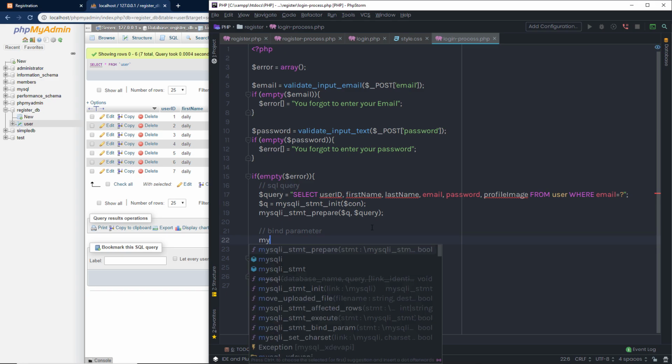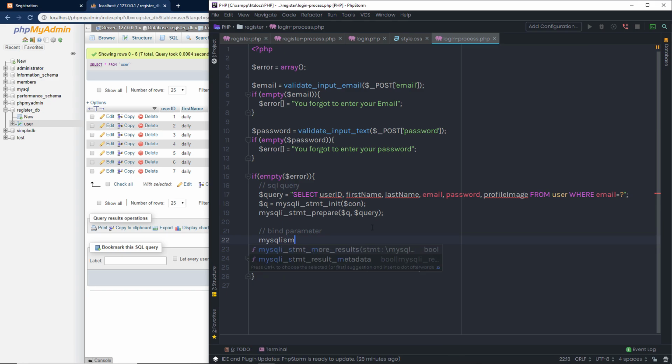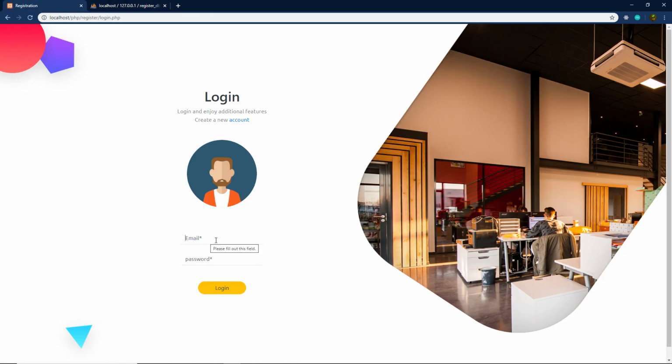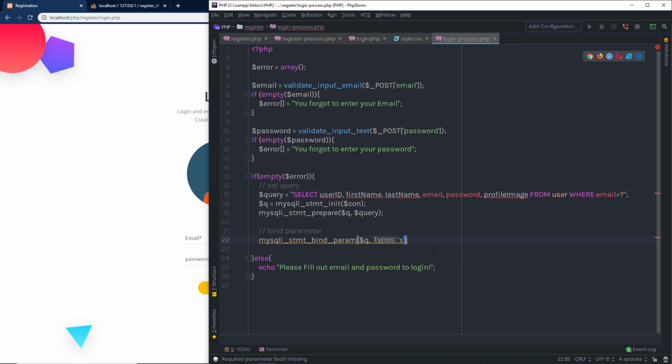So I'm going to call here mysqli_stmt_bind_param, and in this bind parameter I'm going to specify first q, then specify the type. I'm going to insert a string value in this text box, so I'm going to specify s here, and then I just want to specify the value for this email. So I'm going to specify here email like this. So this value will be bound right here. So I'm going to get all these columns' values from this table